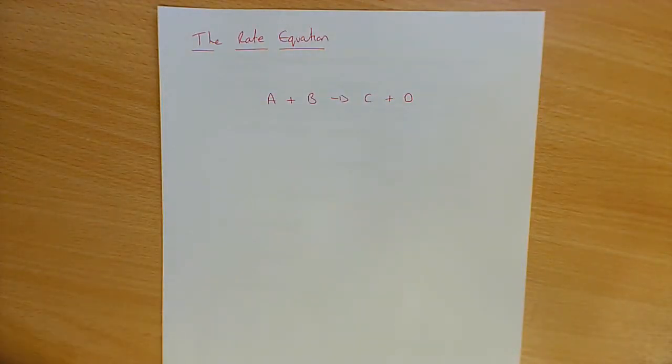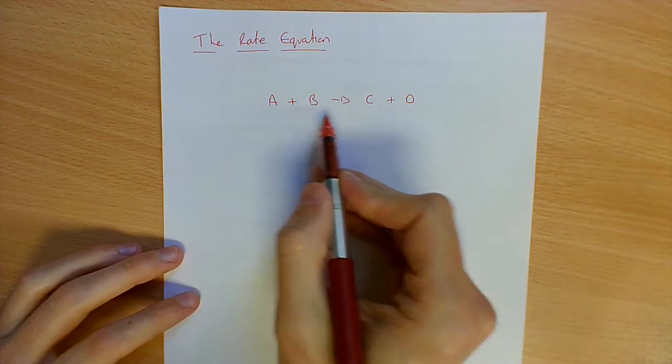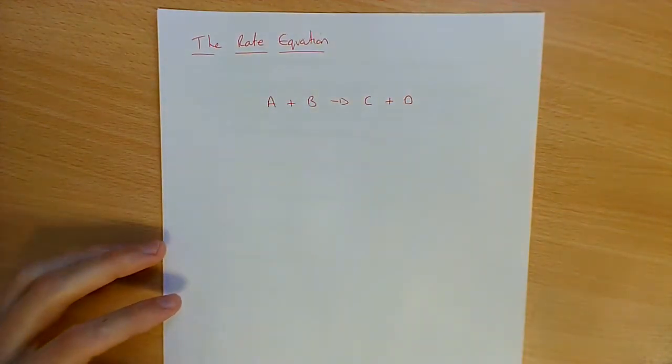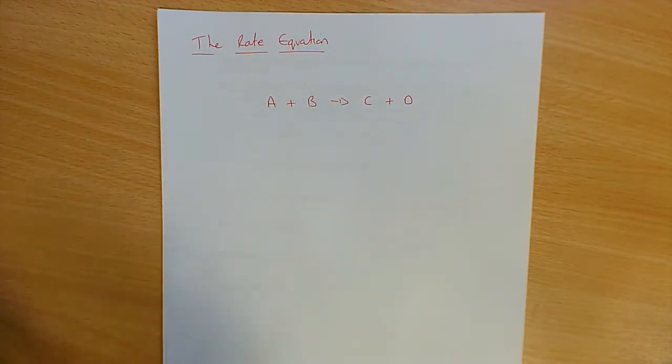In this video we're going to be looking at the rate equation. Now the rate equation is used to link the rate of our reaction to the concentration of the reactants and takes into account the order of those reactants. So if we consider this reaction here, A plus B forming C and D, the rate equation always has the same general format